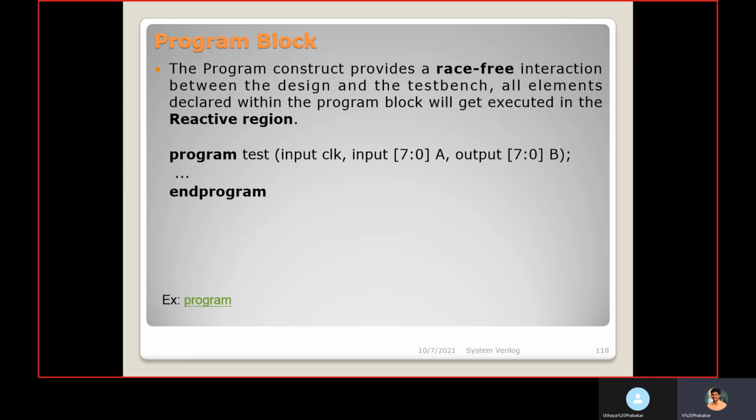So we keep this execution in different regions. The DUT happens in the active region, and the test bench, that is the program block, happens in the reactive region. In a similar way to a module, we can pass input and output arguments, ports.